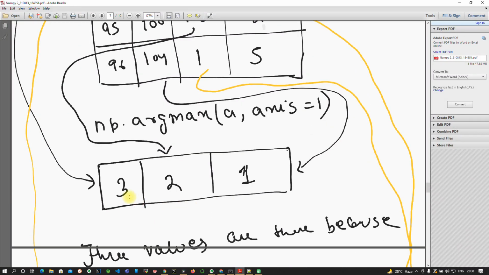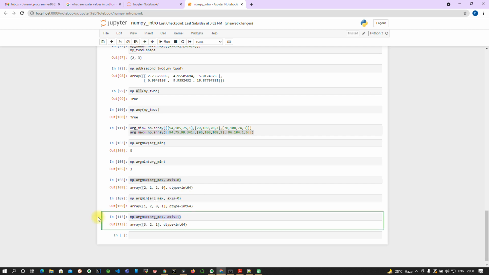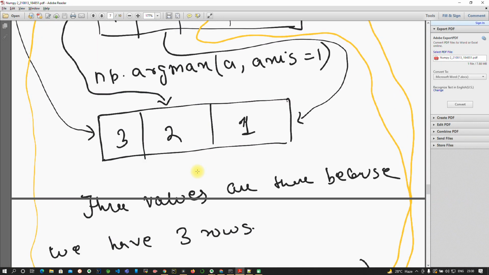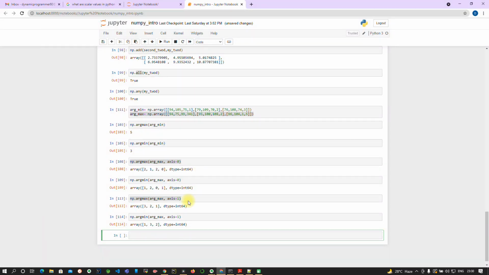As you can see, 3 2 1 is also our resultant. So let's use argmin with axis 1. That is 1 3 2, and it is totally the same as our result.